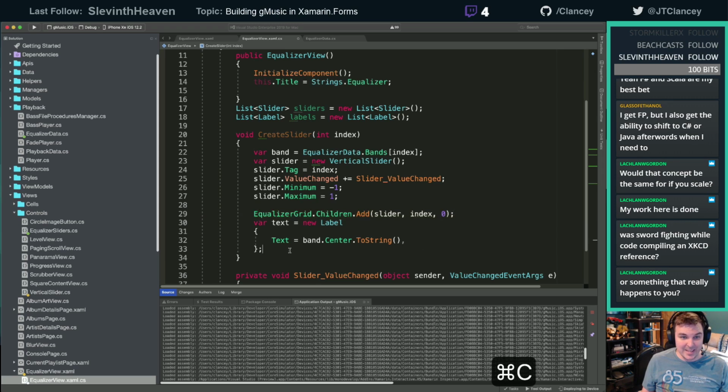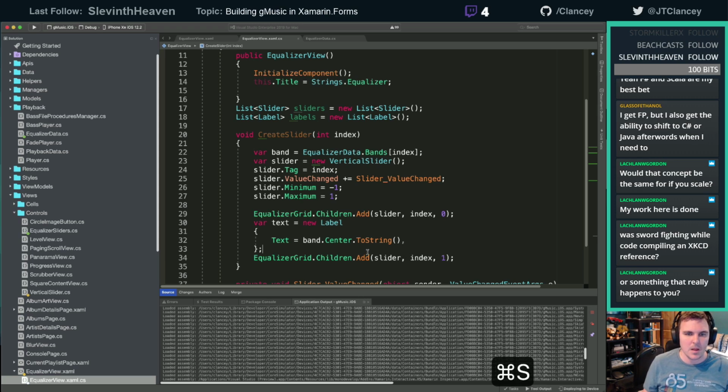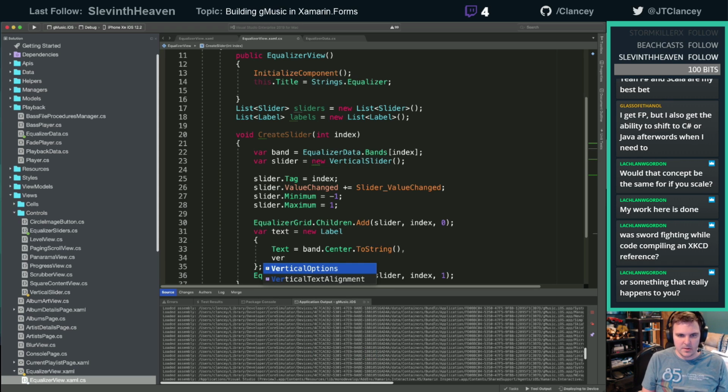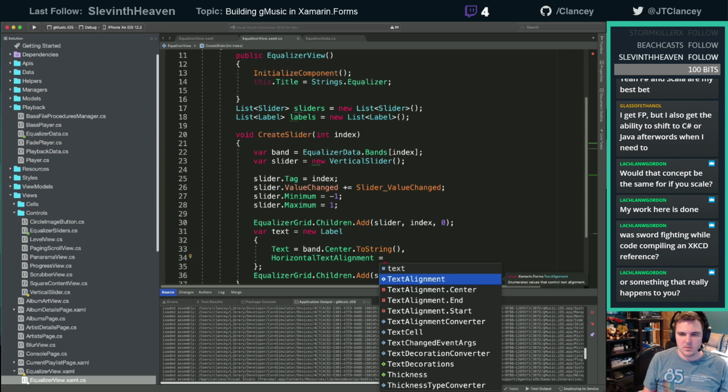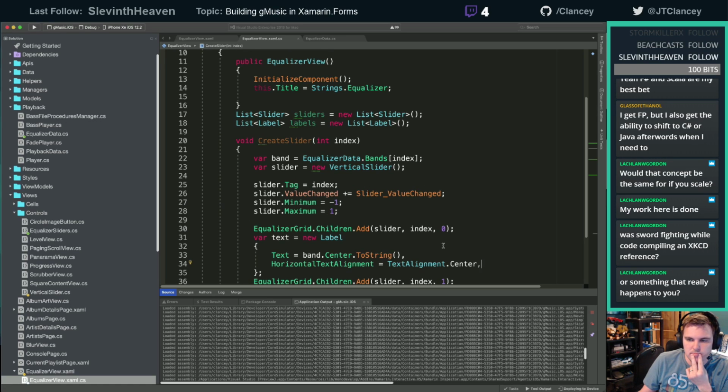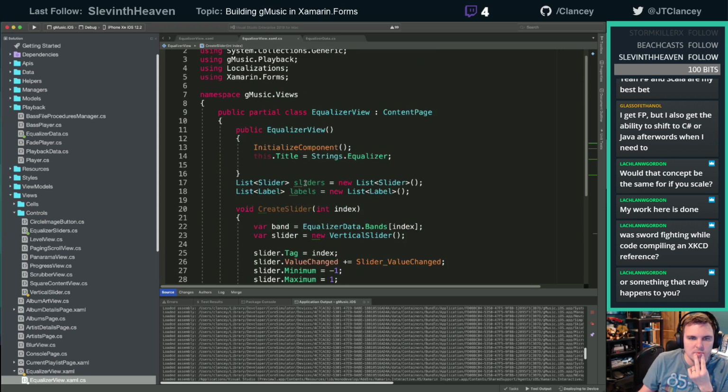Now we can do that again for the text, 1. All right, so now those should be added in by that. Vertical option, no, horizontal. Center this stuff. That goes there, that goes there.